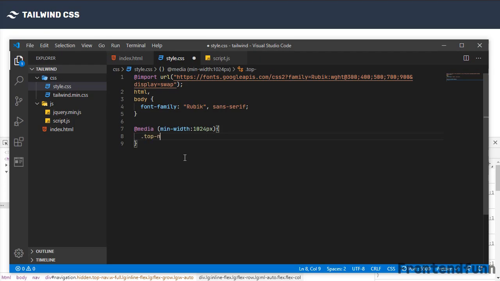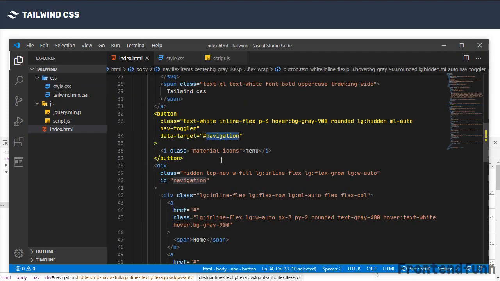that is on the large screen devices. We want the top nav bar to be displayed as inline flex, and add an important tag here. Okay, so the top-nav-bar is the class we need to mention here.